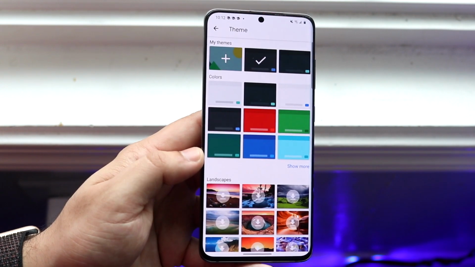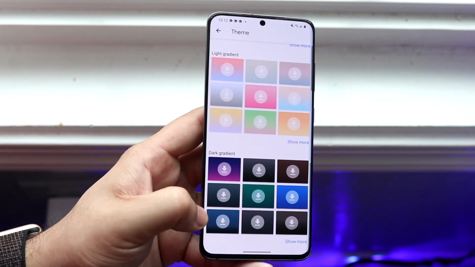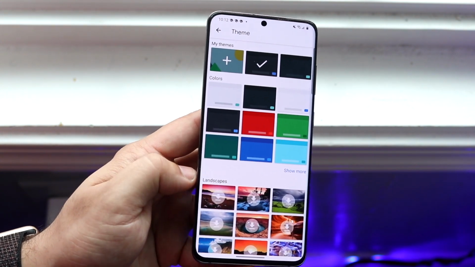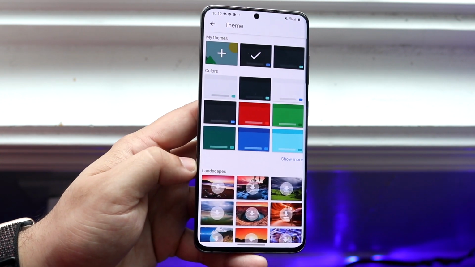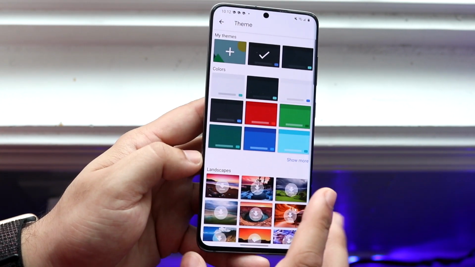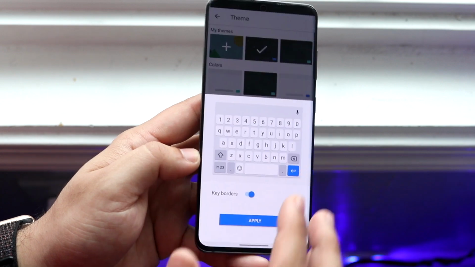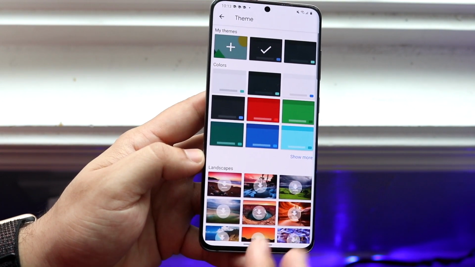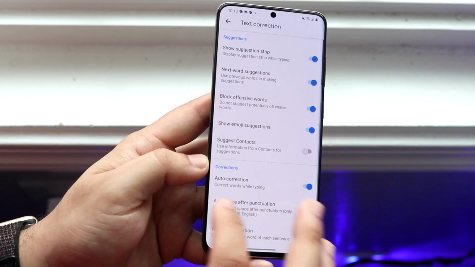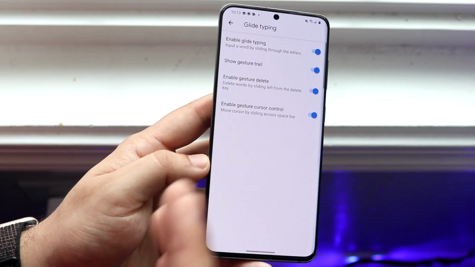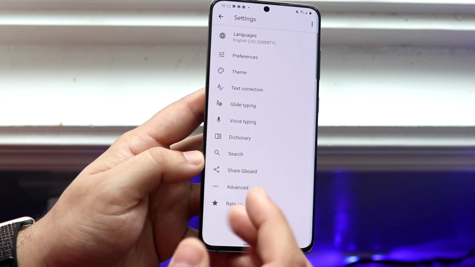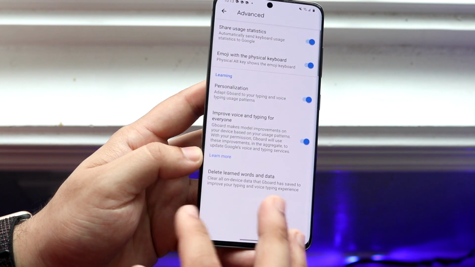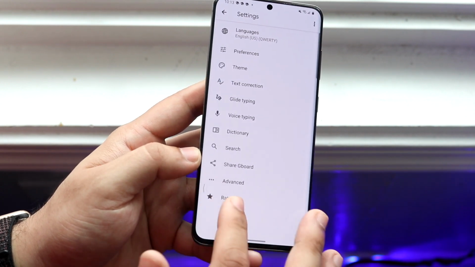Now you have basically an infinite amount of options. You can upload your own pictures. You can just add your own picture here. My favorite one to do is the one that I selected, but there are a couple of different colors. This one looks really nice as well, but there's a ton of different options here. Text correction or something like that. Glide typing, whether you want to enable it or disable it, you have that option here too. You can also share your data if you want to with them, and there's a couple of different options, but